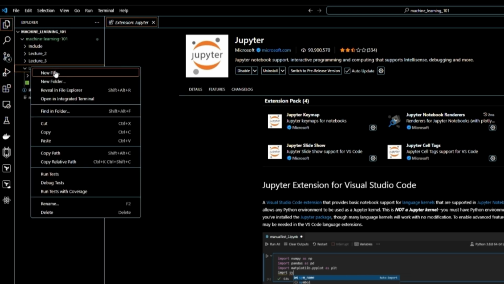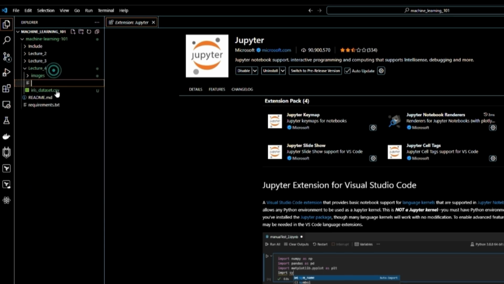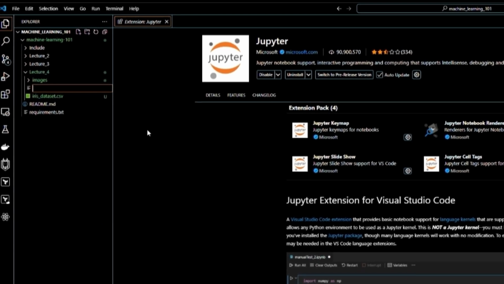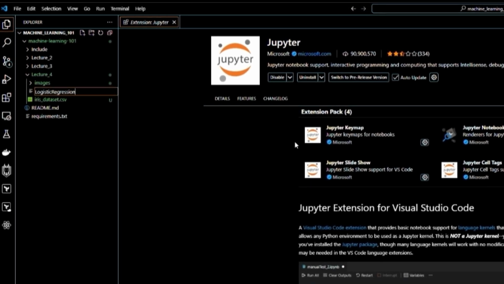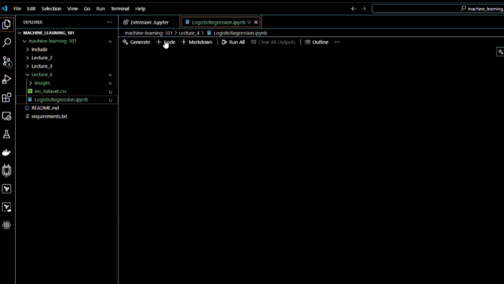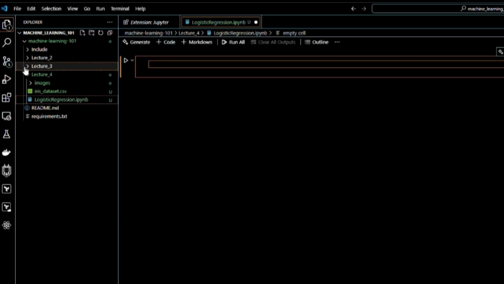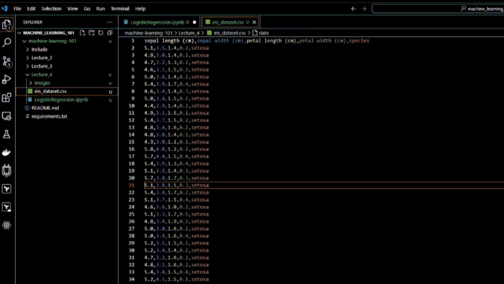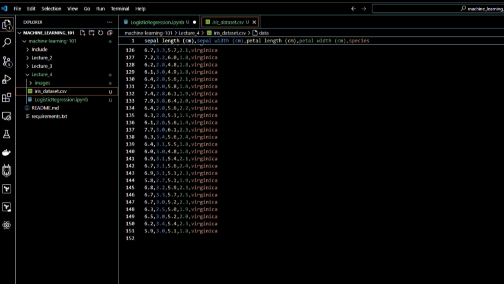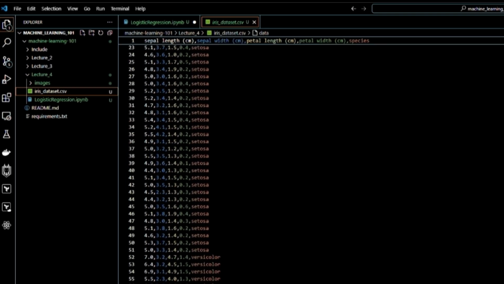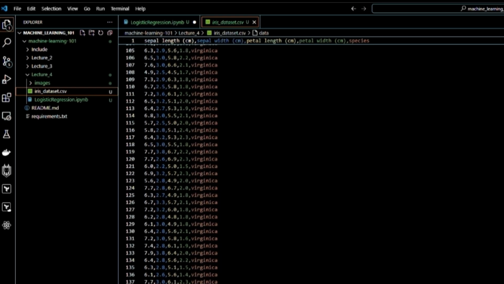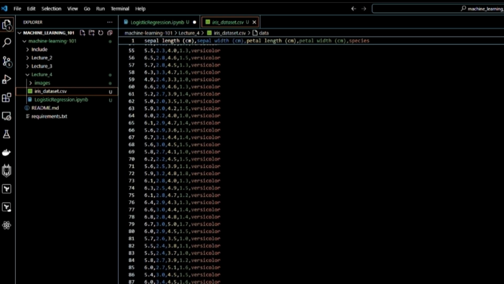All right, I'm going to create a new file. The new file must end in .ipynb for the Jupyter Notebook extension. So we'll call this one logistic regression.ipynb. There it is, Jupyter Notebook. For this, we do want to use a data set, as I mentioned, as CSV. So I took the iris data set and imported it as CSV, and we're going to train our model on this data set, the iris data set. By the end, we should be able to classify between Setosa, Versicolor, and Virginica